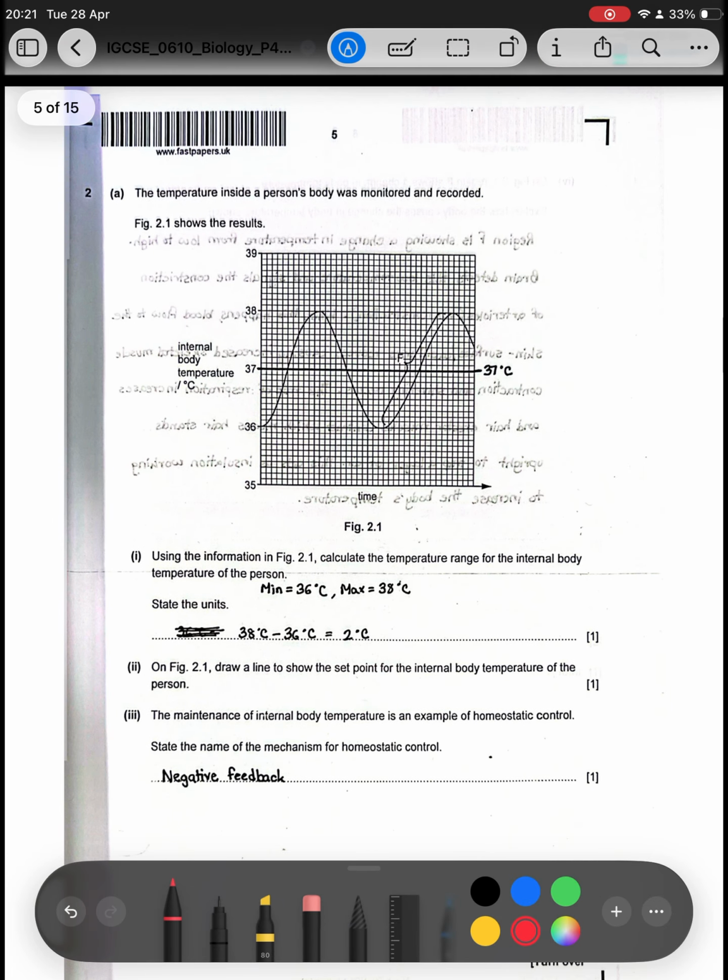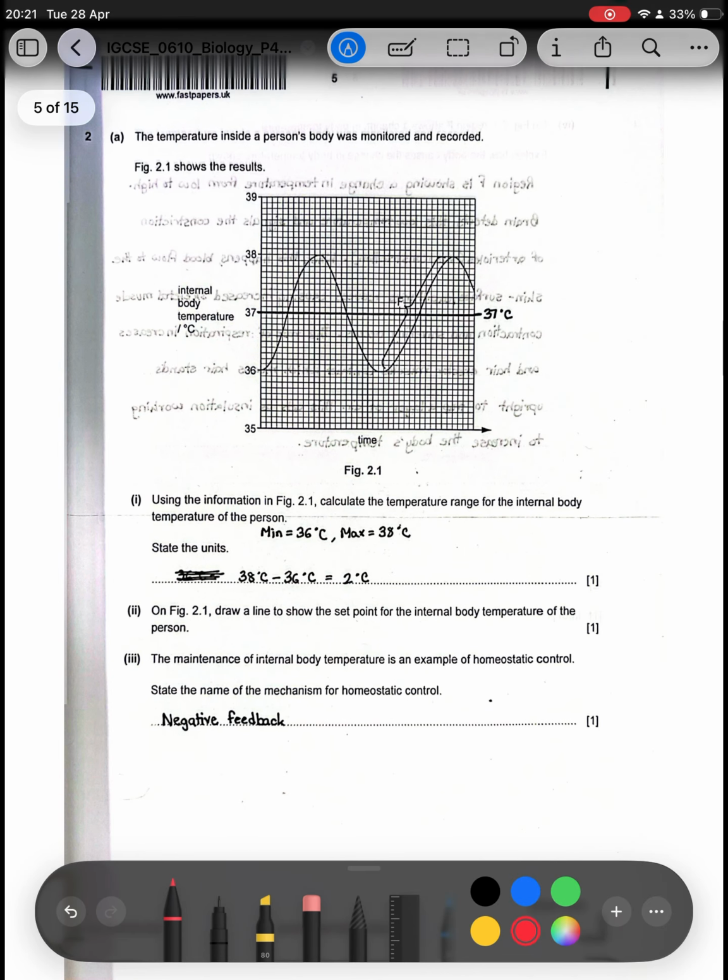Okay, in number 2, the temperature inside a person's body was monitored and recorded. Figure 2.1 shows the results. So there is time on the x-axis, and on the y-axis there is body temperature. So in A1, it says use the information in figure 2.1, calculate the temperature range for the internal body temperature of a person. So it says calculate the temperature range, which means